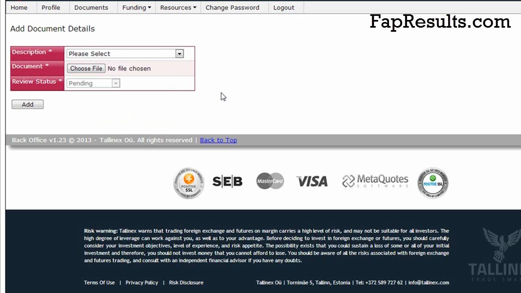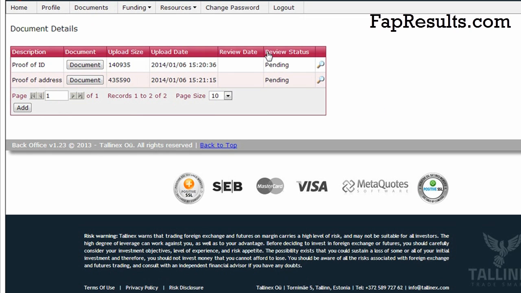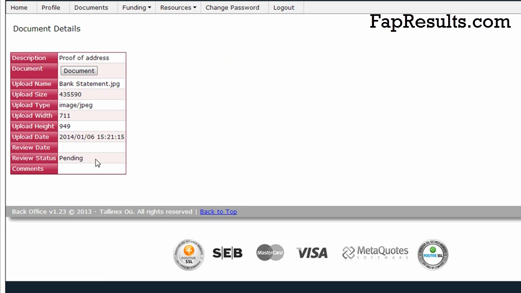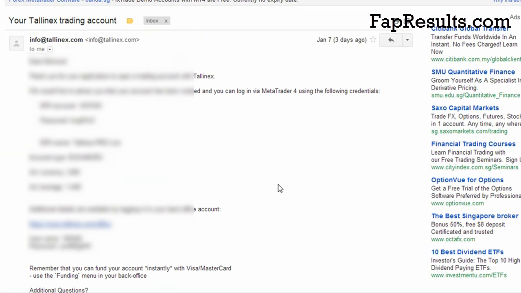If you want to check whether the documents have been verified, you can just log into your account again and click on documents. Here you just have to pay attention to the review status and click on view to see the status as well. You can see that it's still pending. Once your Tallinex account is verified, you'll receive an email saying that your Tallinex trading account is ready, and they'll provide you with